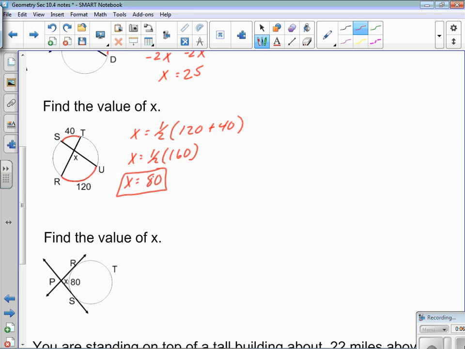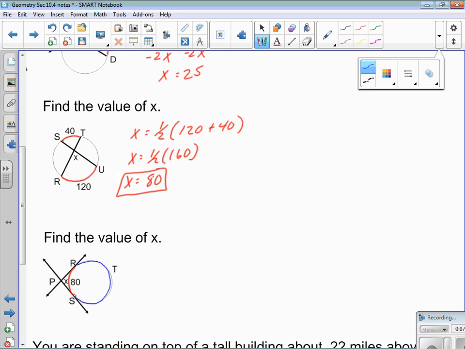And the next one, find the value of x. All right, so this situation is two tangent lines intersecting outside the circle. So that x, which is representative of the measure of angle RPS, should be 1/2 of the difference between the two arcs. So the big arc, subtract the small arc, which they only gave us the measure of arc RS as